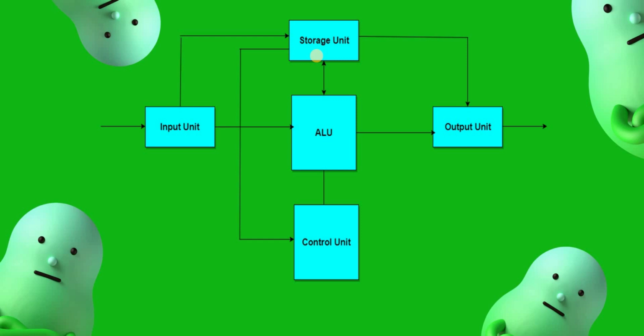Then the CU takes the data 25 and 32 and instructions plus and is equal to from the memory unit. From here it will take that data and instructions, and it tells the ALU, arithmetic logic unit, here, to add these numbers 25 and 32. It will give command to ALU to process that data 25 and 32.